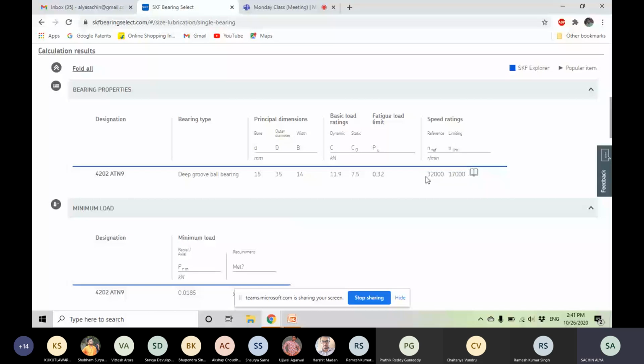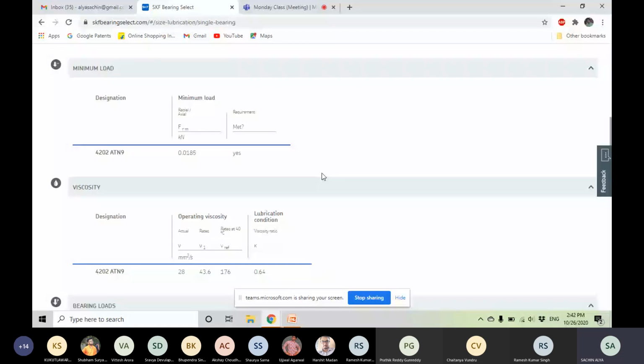If we operate the bearing at those particular standard conditions, we can go up to this much RPM. But the limiting speed says that we should not move beyond this point if we do not have those standard conditions.